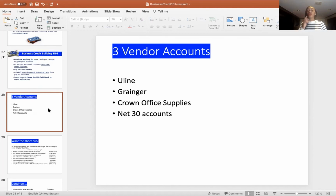So what I told you, EIN, Granger, you call them and tell them these are accounts, vendors that you can actually use. They sell appliances, things you can use for the daycare, office supplies, all that stuff. But you have to spend a minimum of $50 in each one, guys, because that's the only way they're gonna report it to the credit bureau. So in EIN, try to spend $50, Granger, $50. Crown Office Supplies actually has a $100 a year fee. You have to pay $100 to be with them for the year, which is fine,